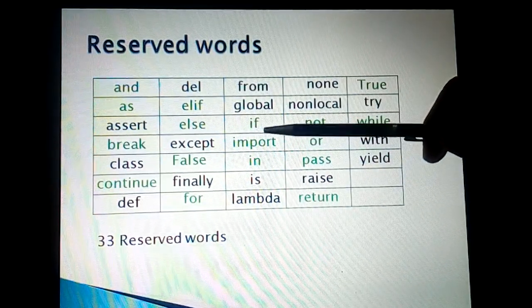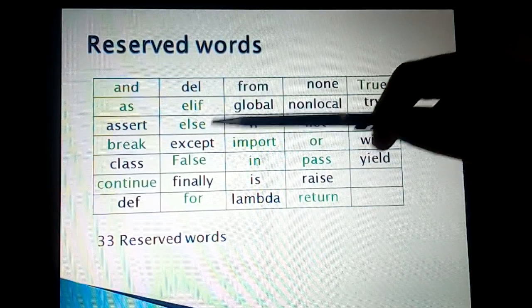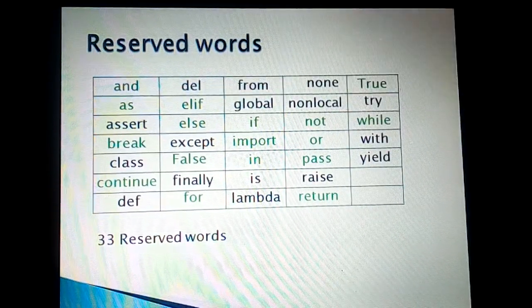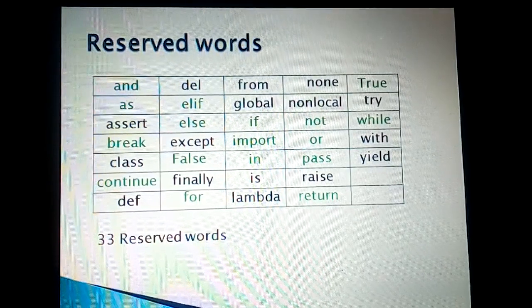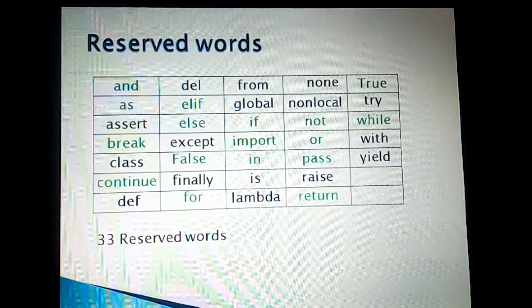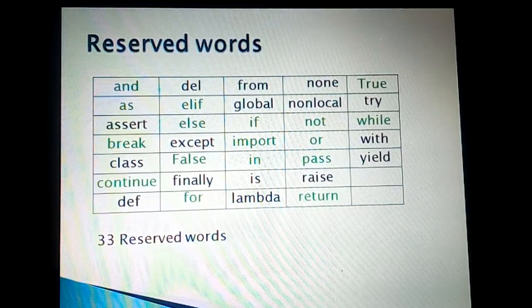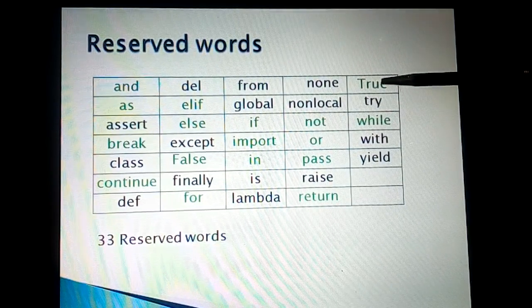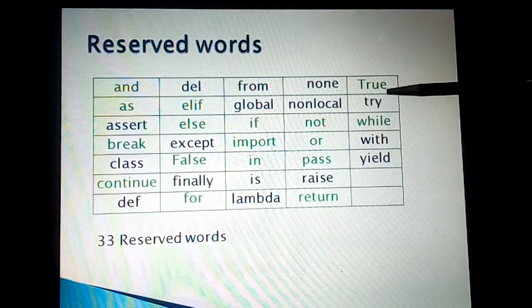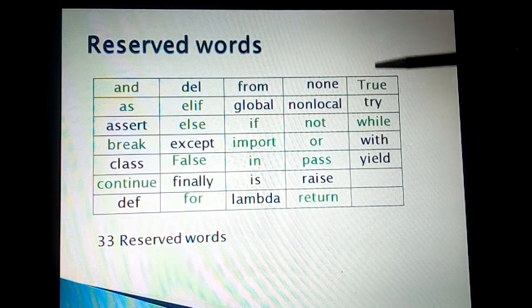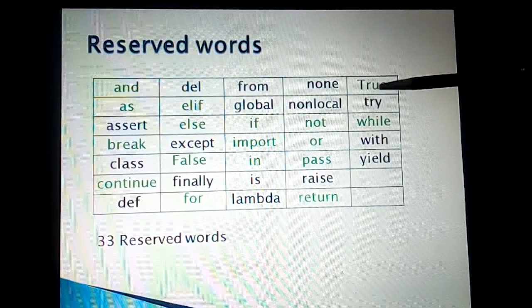Then we have the if statement, then we have the else part to that, plus we have elif, that is else if, which is another addition to the existing keywords. Apart from that, in C we had 1 for true, whereas in this case we have True with T capital, indicating it's true.